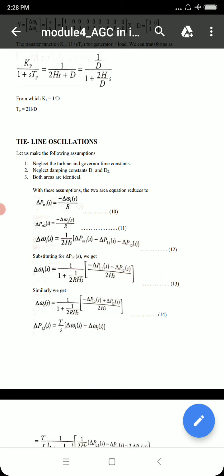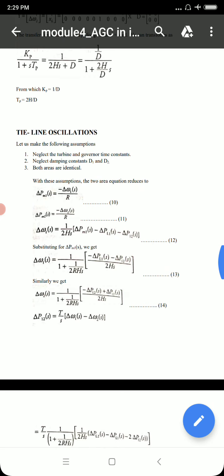The first is to neglect the turbine and governor time constants, neglect the damping constants D1 and D2, and assume both areas are identical. By making these assumptions, we can still simplify things. With these assumptions, the two area equations reduce to delta Pm1(s) is equal to minus delta omega 1(s) by R, because D1 and D2 are neglected here. Then delta Pm2(s) is equal to minus delta omega 2(s) by R,